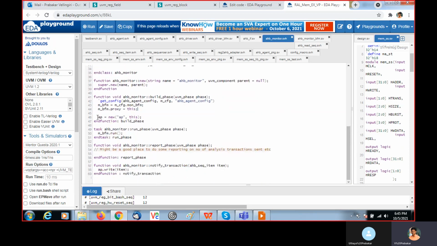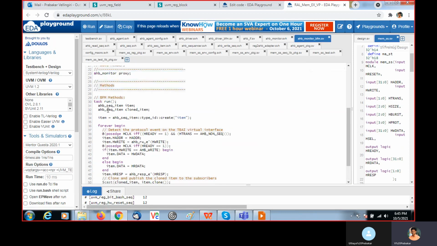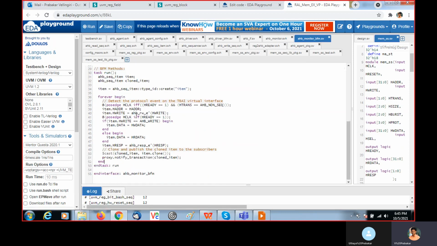Then we are creating the analysis port with new. Then inside the run phase, we are calling MBFM dot run. So automatically it will call the run task, which is present in the AHB monitor BFM. Inside the run task, we already implemented the corresponding signals that are converted into transactions.